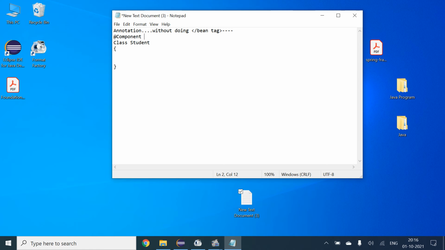And before that, in our XML file, we have to add one more thing before the package, that is context:component-scan base-package. So this is how we will do component-scan, and here we will mention the package name in this column.